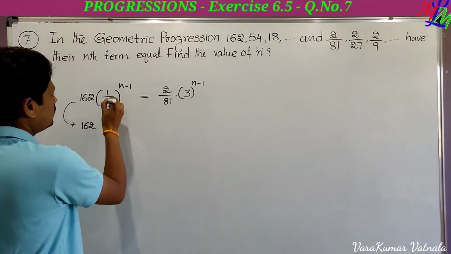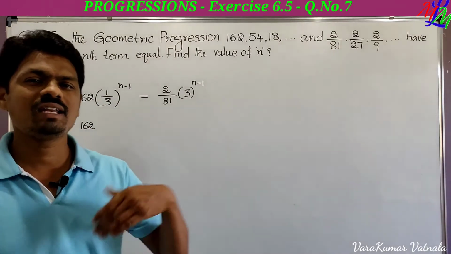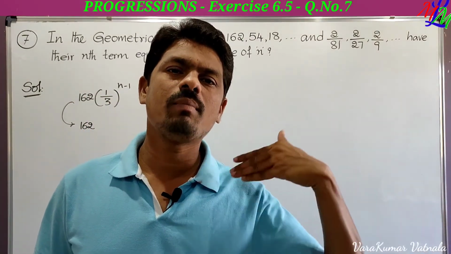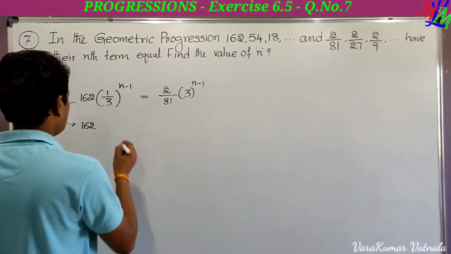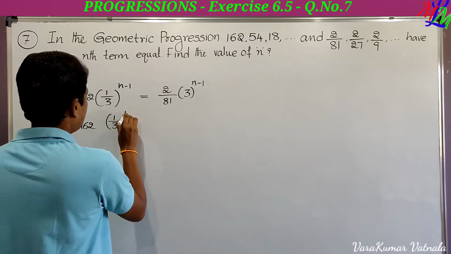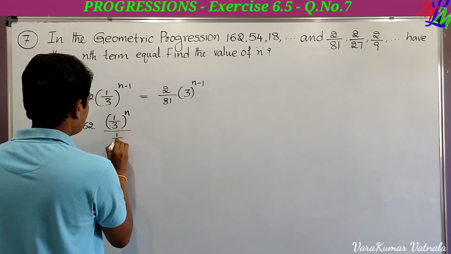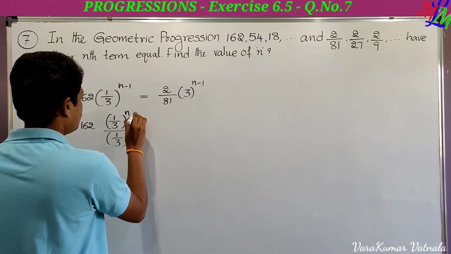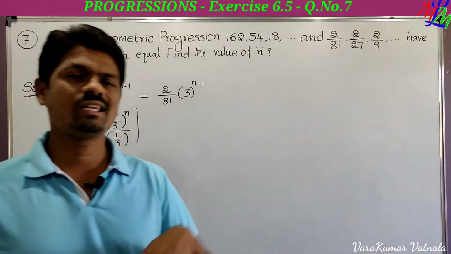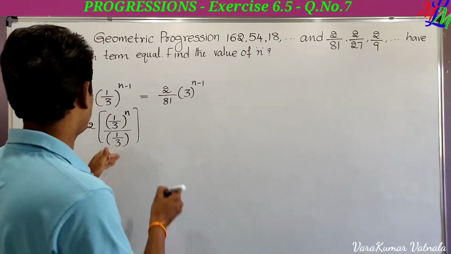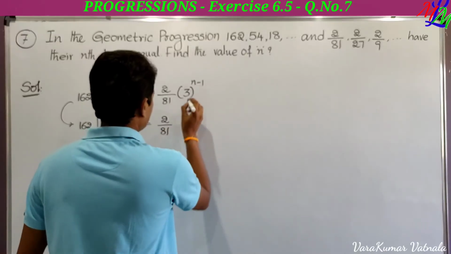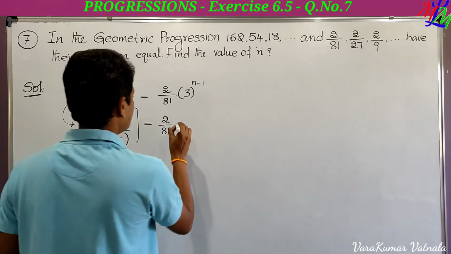162. So it is in the form of a to the power m minus n. So a to the power m minus n is equal to a to the power m by a to the power n. So I am writing using that, 1 by 3 whole to the power n divided by 1 by 3 whole to the power 1. So just using a to the power m minus n is equal to a to the power m into a to the power n. In the same way here also 2 by 81, it is also a to the power m minus n. We can write